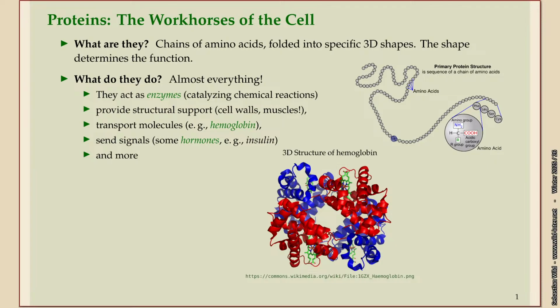These amino acids come in many different colors or flavors if you want. At least 20 are the standard kind of variations. And they have different properties. For example, some of them are electrically charged or magnetic, and so they attract each other, which means in